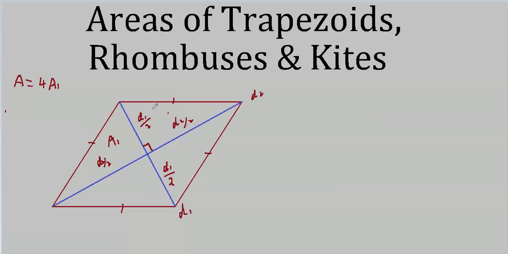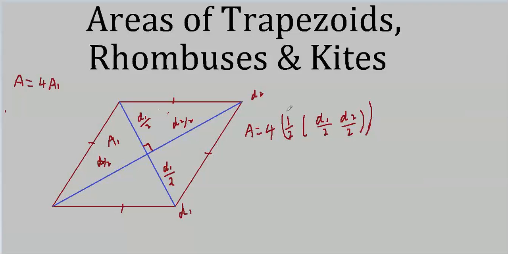So, for instance, the area of this would be D1 times D2 divided by 2. Here's an altitude and a base. Well, this one over here, D2 times D1. And over here, D2 times D1. All divided by 2, of course. Which means that if I just find one of them and multiply by 4, I've got the area. I think I said multiply by 4. If I said divide, that's not right. You find one and then multiply by 4.